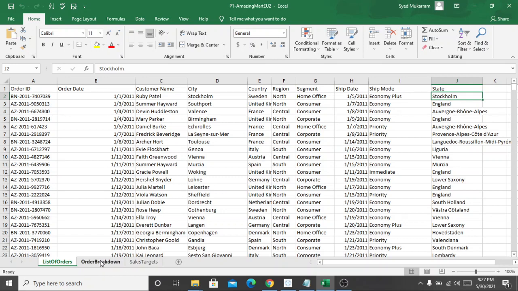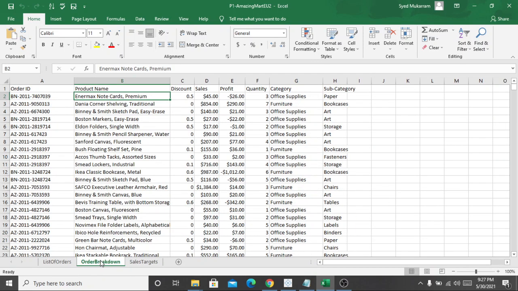The second table has the breakdown: for an order ID it shows the product name bought by the customer, the discount, the sales price, the profit, quantity sold, categories like office supplies and furniture, and subcategory. So